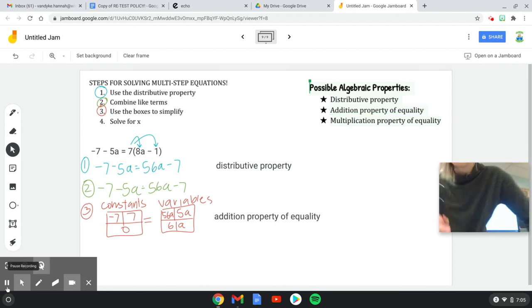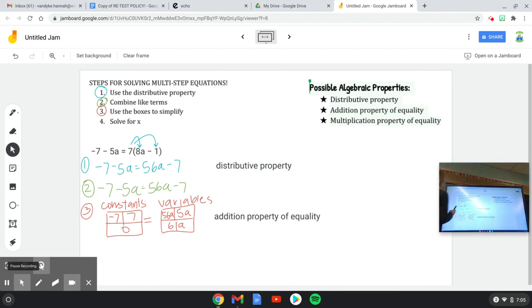So now I'm ready for my last step, which is solving for the variable, or getting the variable by itself. So I bring down whatever is in my boxes. I have 0 equals 61a. And I have to get the a by itself, so I need to get rid of the 61, which means I have to divide both sides by 61. 0 divided by anything is just going to be 0, and 61 divided by 61 leaves me with just an